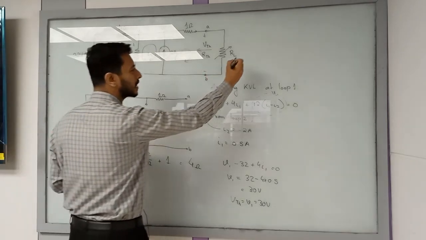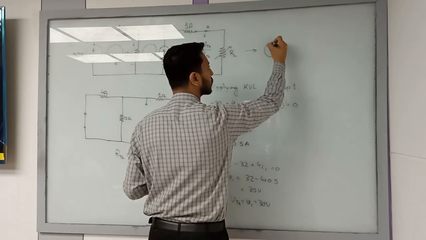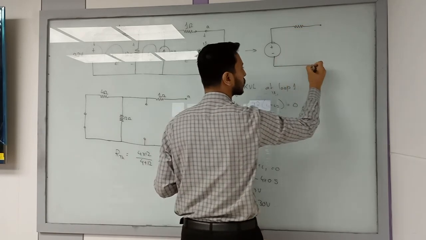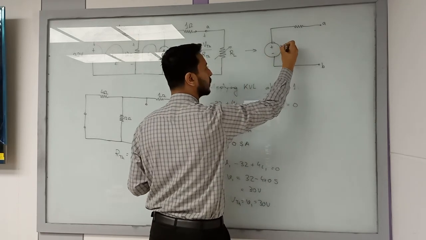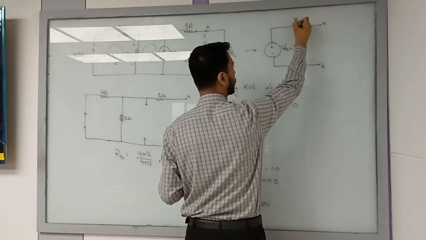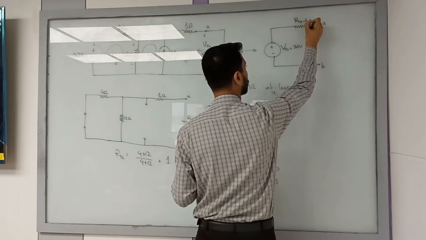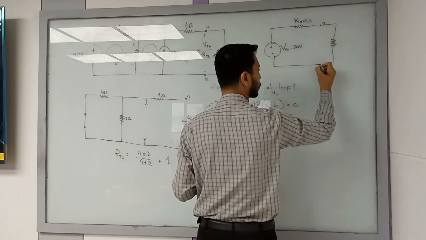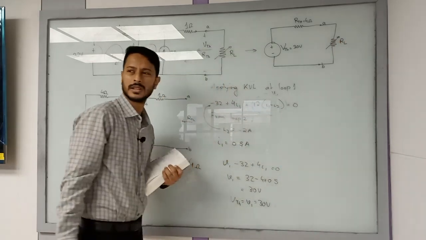সো ইকুইভ্যালেন্ট সার্কিটটা হবে, এটা VThevenin is equal to 30 volt, RThevenin is equal to 4 ohm, আর এখানে লোড রেজিস্ট্যান্সের সাথে কানেক্ট হবে। ঠিক আছে,